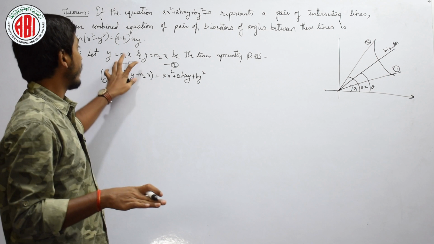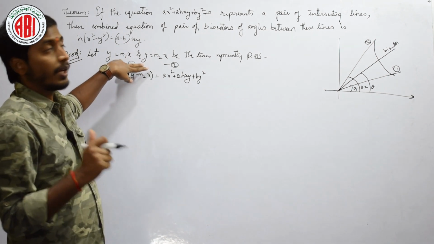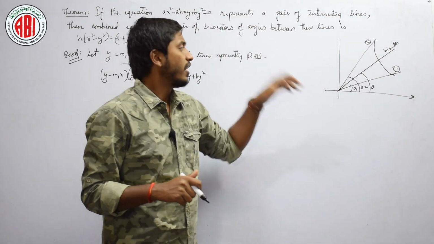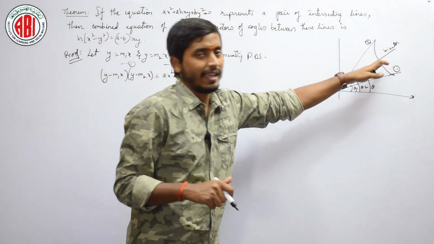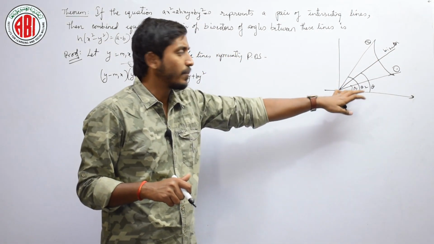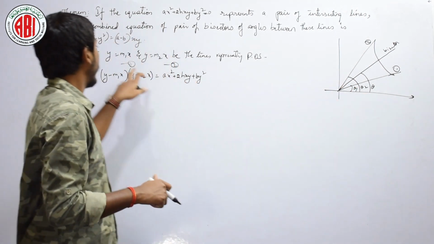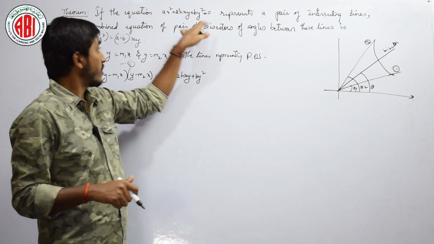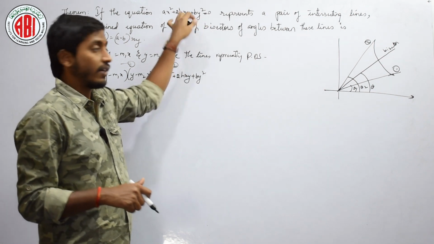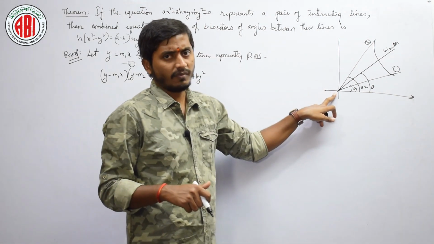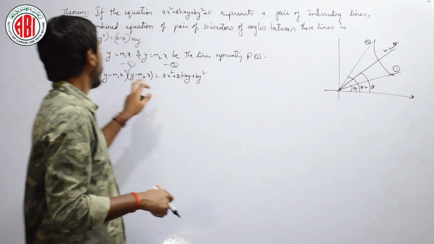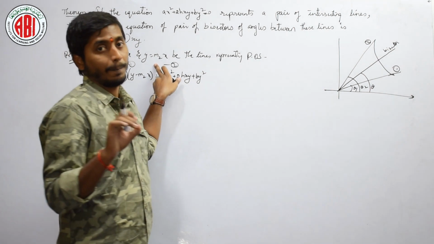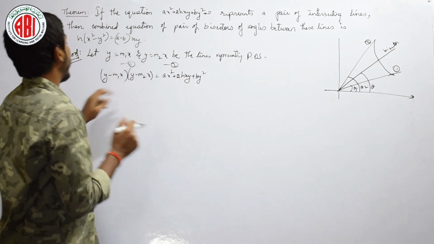Here we have assumed these two equations. Why? Because he is telling the equation of bisector, right? Wherever we want to find the angle, we should know the slope. Slope is nothing but tan theta. That is why I took the slope form. Is it clear? Is there any constant? No, this form is actually one whose point of intersection is origin, right? Here also I have not taken any constant, I have taken only the simple slope form. Now see here, let us multiply.